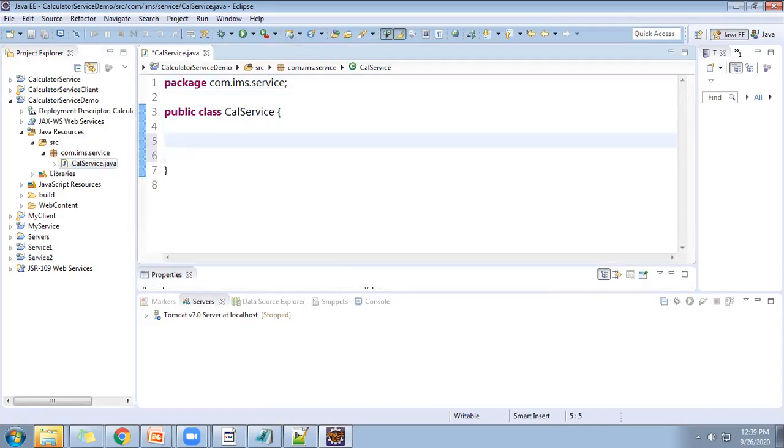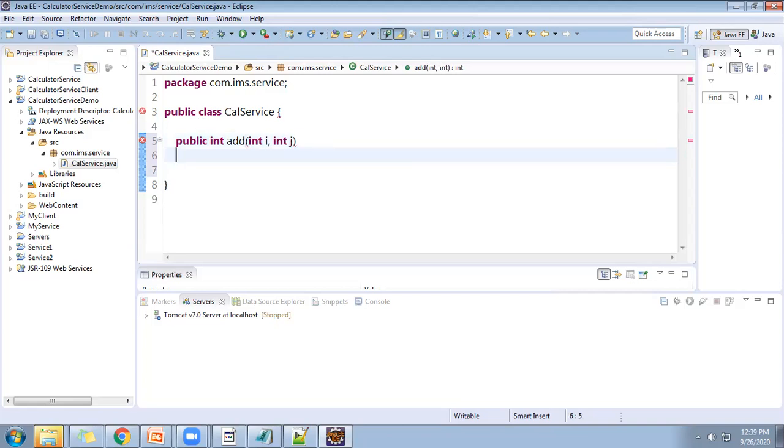I'm writing one method here for adding the record. The method is public int add, with two integer variables, int i and int j.